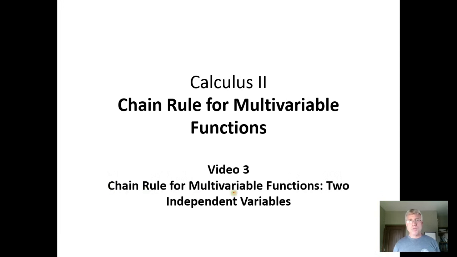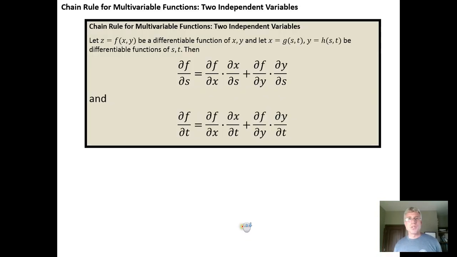So we're going to look at the chain rule for a multivariable function, when the function variables are themselves functions of two independent variables. So if we have a function f of x, y, and x is a function of two variables s and t, and y is a function of two variables s and t, then to get the total change of f with